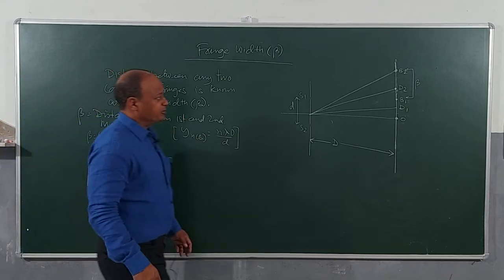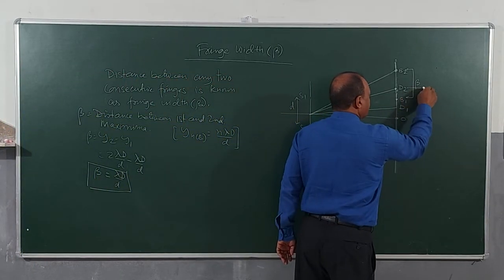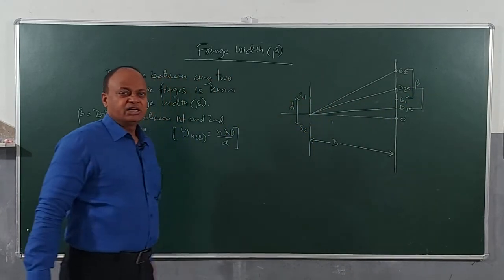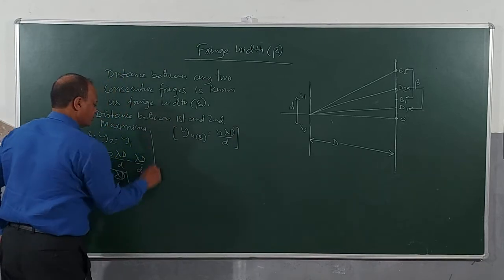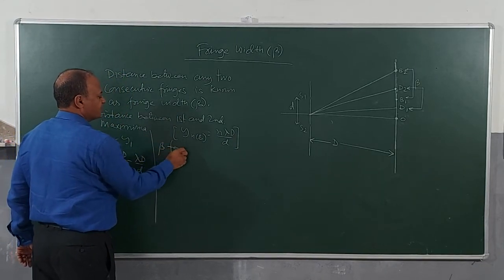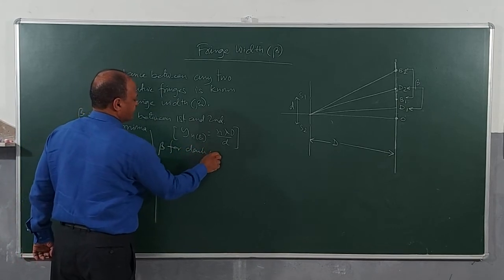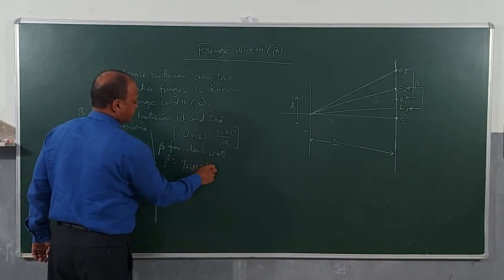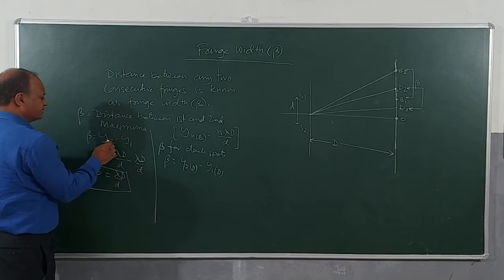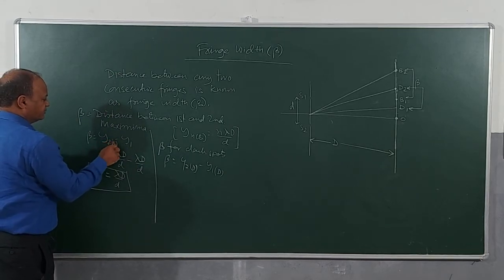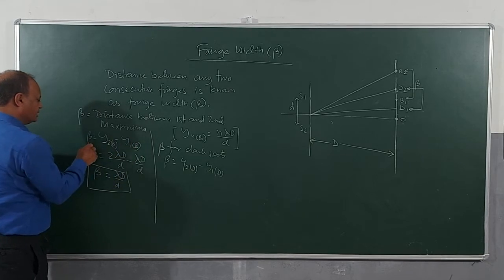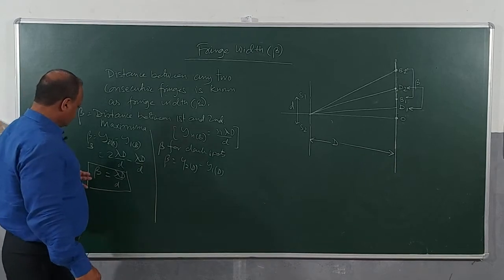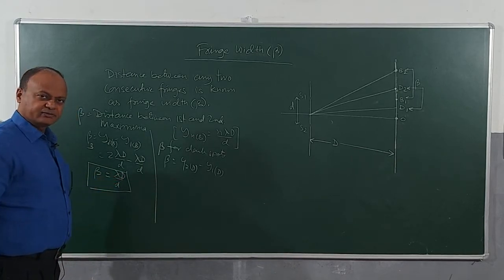Similarly, let us try to calculate what will be the distance between D1 and D2. This is D1 and this is D2. We will try to find out the distance between two consecutive dark spots. So, we will say beta for dark spots. Beta will be Y2 for dark minus Y1 for dark. Here it is for bright; I will write Y2 for B minus Y1 for B, and this is B. Clear? So, beta for bright is lambda D by small d.